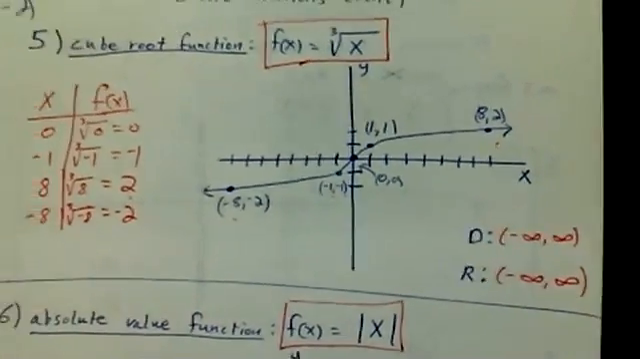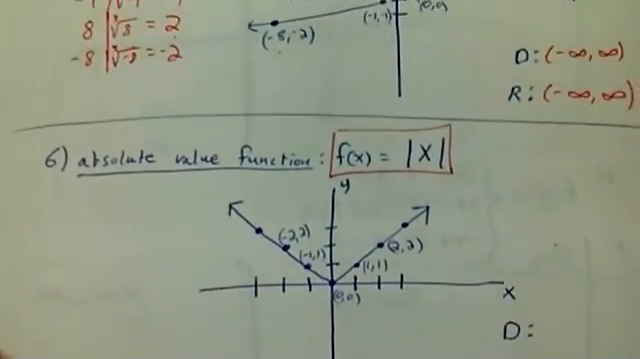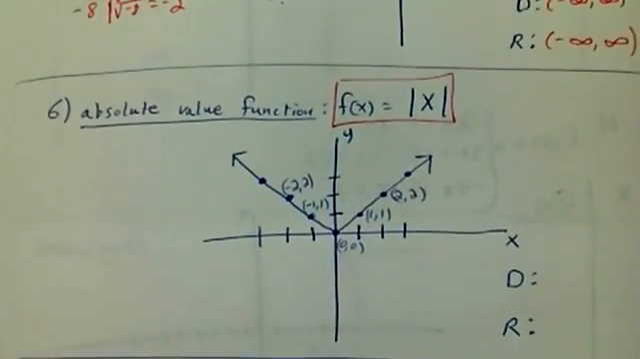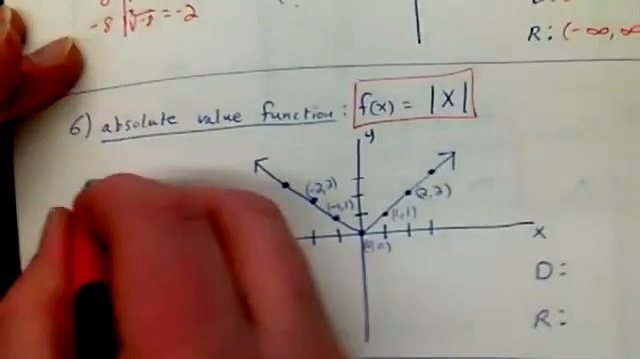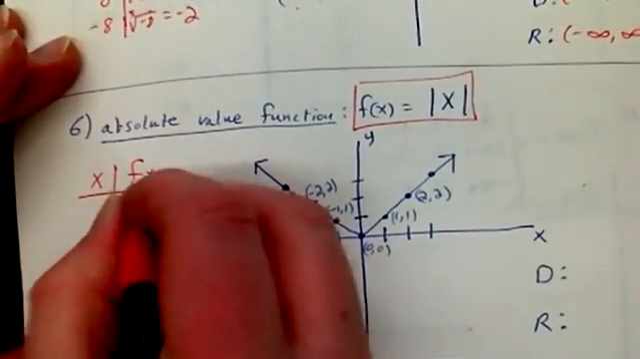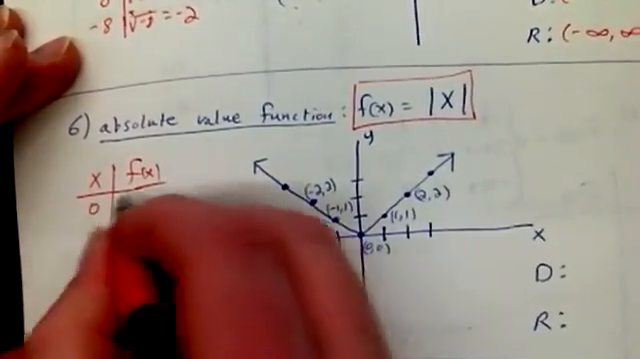Okay. The next one we want to be familiar with is called the absolute value function. F of x equals the absolute value of x. Okay. Now you may be familiar with, oh, I just turn it positive then. Well, kind of, but it's actually defined as the distance from 0, right? So if I make a quick table, not hard to see